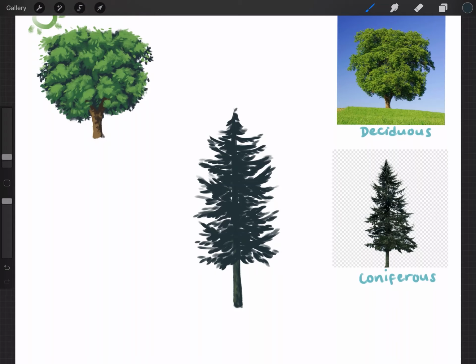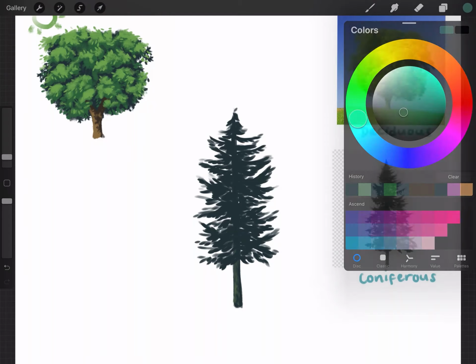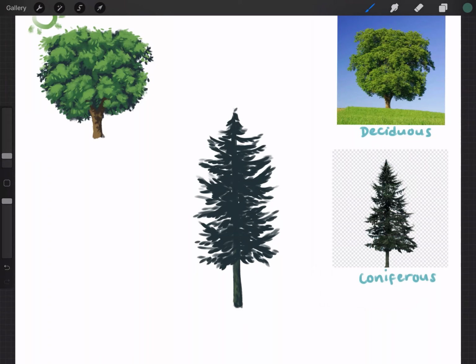Okay, so now just like in the last tree, I'm going to take a lighter color, something that's a little bit warmer, although not too much warmer for this conifer, because like I said, I want it to be a little bit of a cooler hue. And I'll just go in and start defining the individual areas, just like I did in the last one. It's just that this particular tree has different branch shapes. So there are different leaf cluster shapes as well. Much more flat